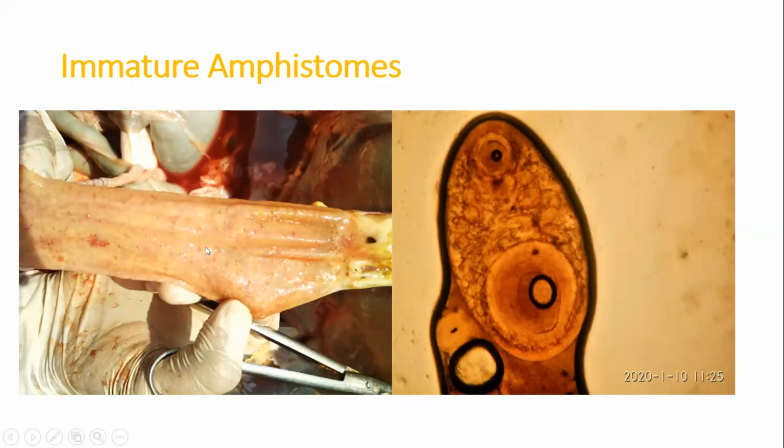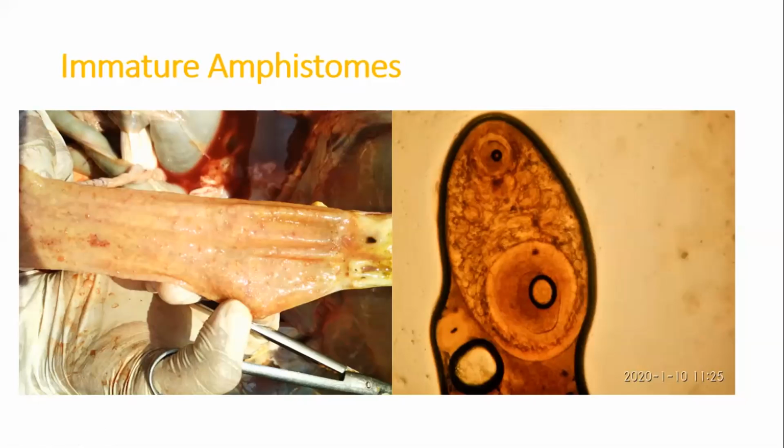You can see they are very small and tiny, because they can migrate from the duodenum to the abdominal cavity. While moving from there, they can cause small perforations in the intestines, and because of that enteropathy can develop. If you are observing such lesions, ascites is there, the thoracic cavity is having some fluid, and the animals are suffering from a little bit of diarrhea, in such cases we should open the